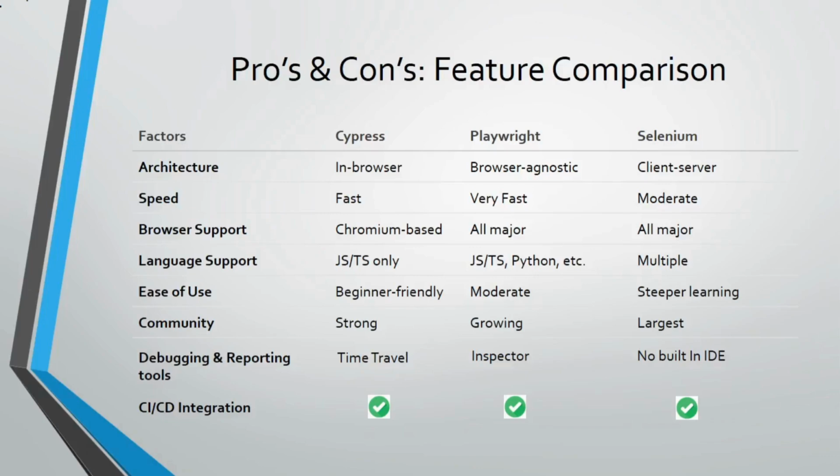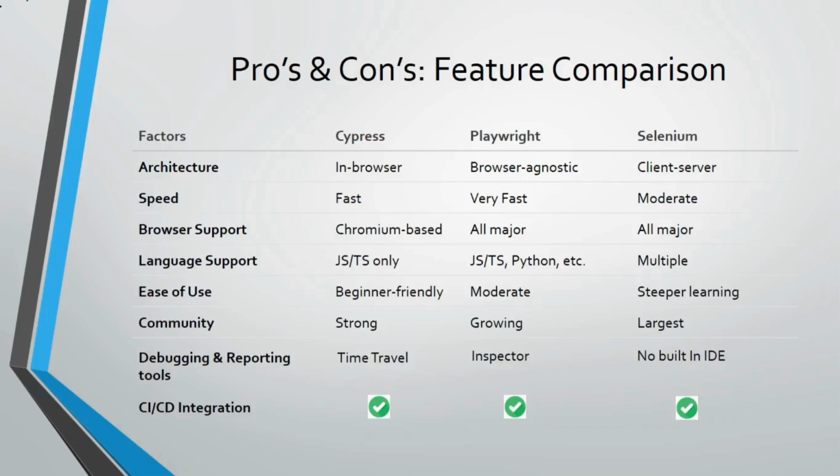Browser support. Cypress is mostly Chromium based, while Playwright and Selenium provide all major browsers such as Chrome, Microsoft Edge, Safari, and Opera.